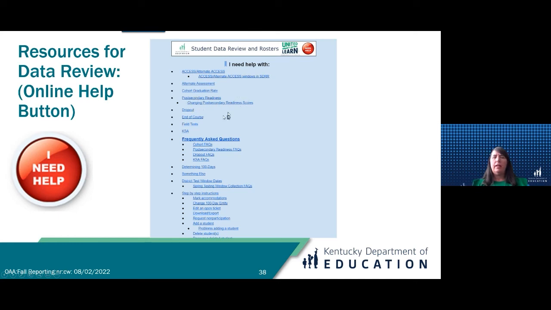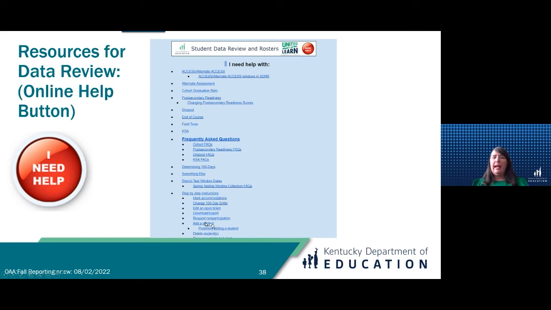There's information on this, and then we do have the frequently asked questions. Also, we have how to determine 100 days, the 100 days tools. We also have step-by-step instructions on how to change the 100-day entity, how to open up a ticket, how to edit a ticket, and how to mark accommodations.